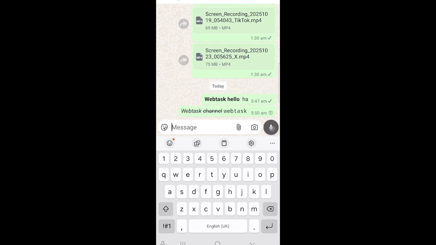So you can send. Now you see web task in italic format, channel in strike through format, web task again